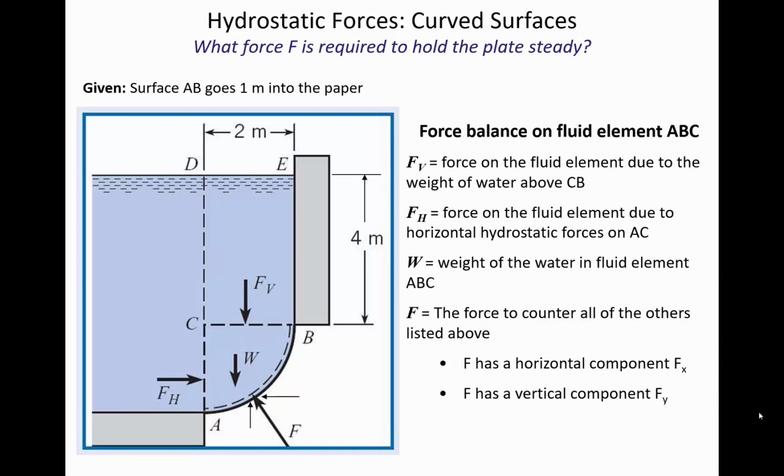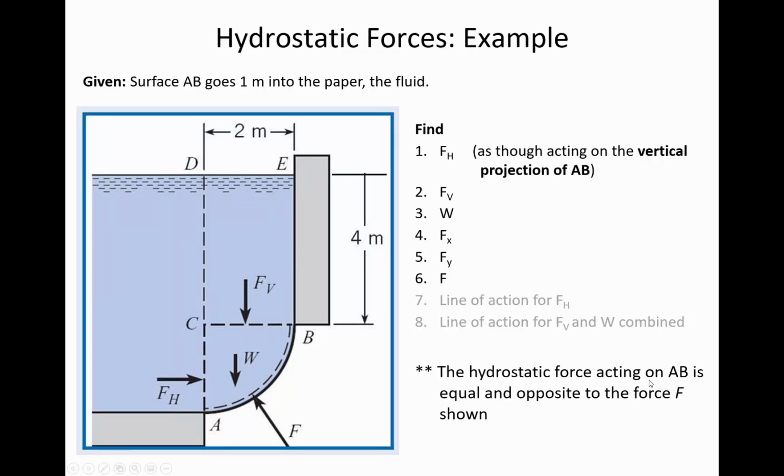All right, now here is the numbered step-by-step approach that we will follow. First thing is we'll find the horizontal force. So I just told you, let's pretend that there's a gate, CA, and it's 2 meters tall and it's 1 meter wide. Now you've already got a lot of experience calculating the hydrostatic forces on vertical gates. Remember, if it's vertically oriented, then that's easy because y bar and delta h are the same thing.